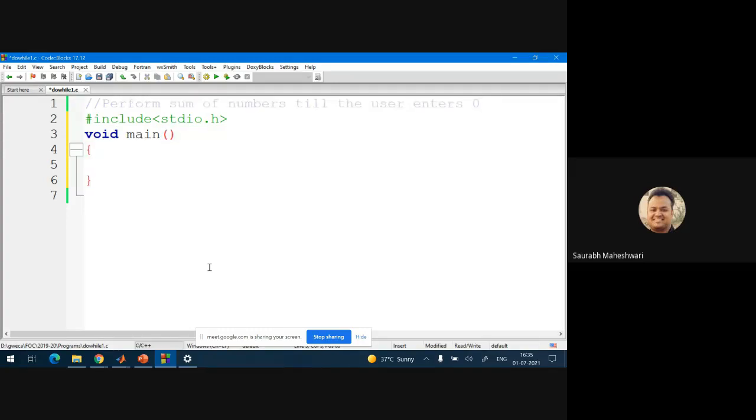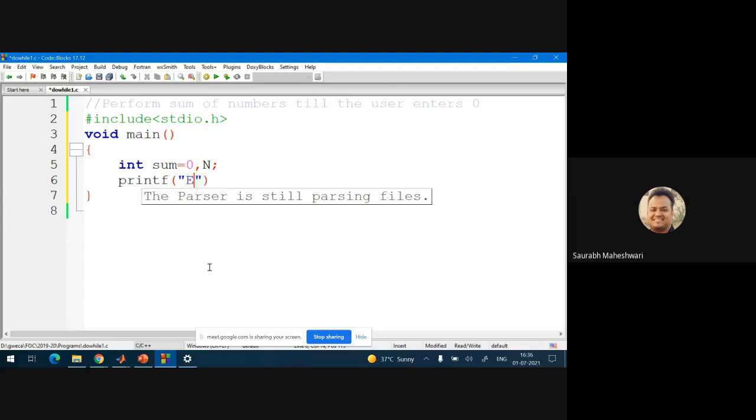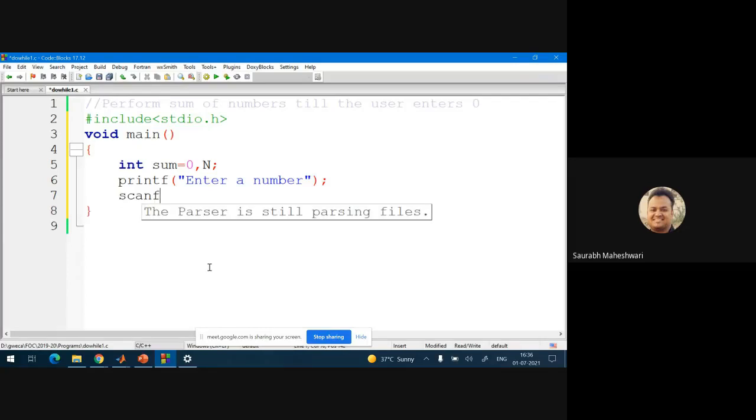What it says: perform sum of numbers till the user enters 0. We need a sum, which is always initially 0. We will need an integer n, and this n needs to be checked. Now we can printf "enter a number" and scanf this number as %d ampersand n.